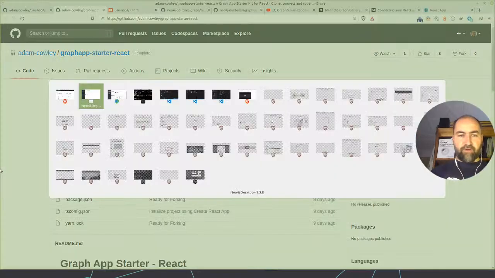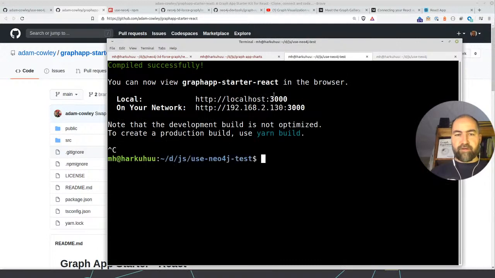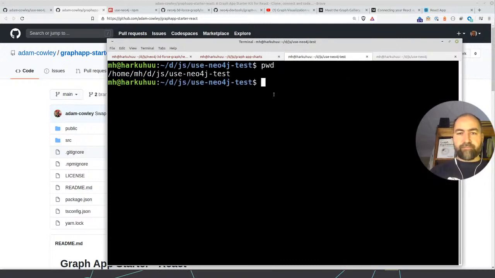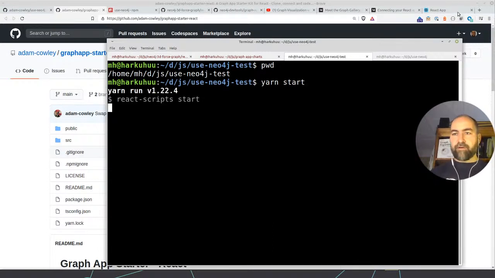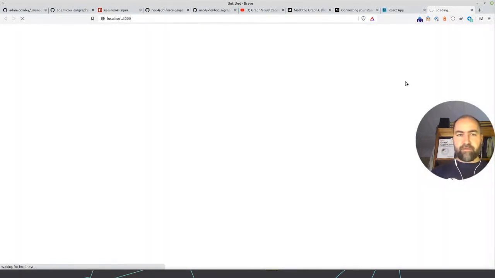The starter kit is really just showing how to connect to Neo4j. I have cloned the starter kit here, into a new name, then downloaded dependencies and ran yarn start. If I run yarn start, it gives me a UI like this to connect to Neo4j.